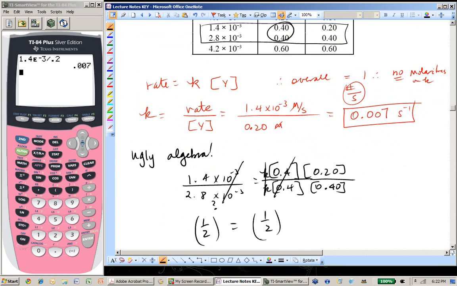Okay. The only way that's going to happen is if that has a 1 on it. So this would have a 1, that would have a 1, the fraction overall would have a 1. So it's first order. So this was my x, that's my y. So that's first order. Now we do it again